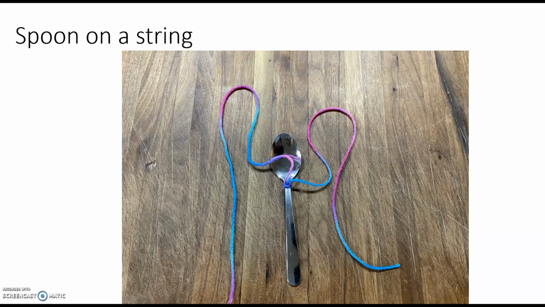What happened there is the vibrations in the spoon that happened from hitting it on the counter traveled through the strings and all the way up to your ears. It's really important that those strings are straight and tight, which is why you let the spoon dangle. What would happen if you used a fork? What would happen if you used a butter knife? What would happen if you used a really big spoon? These are all questions that you can investigate on your own.